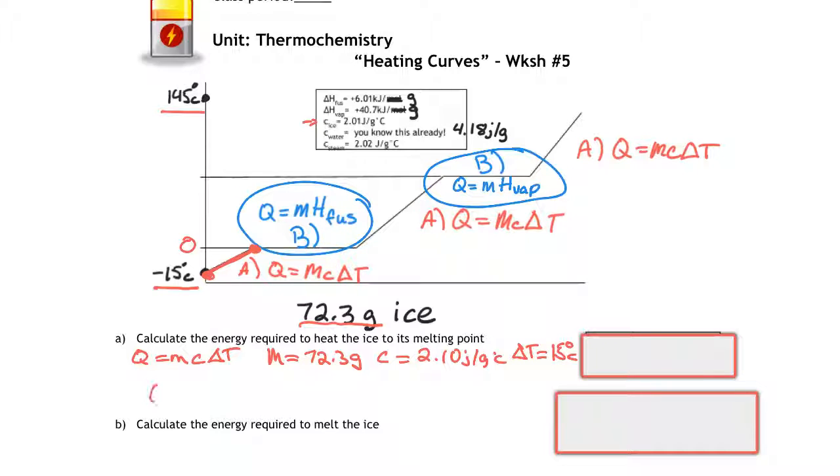So now I'm going to substitute my numbers in. Oops, I think I reversed my numbers there. That in your table is 2.01, times my delta T, which was 15 degrees Celsius. When I put that in the calculator and multiply those numbers together, I got